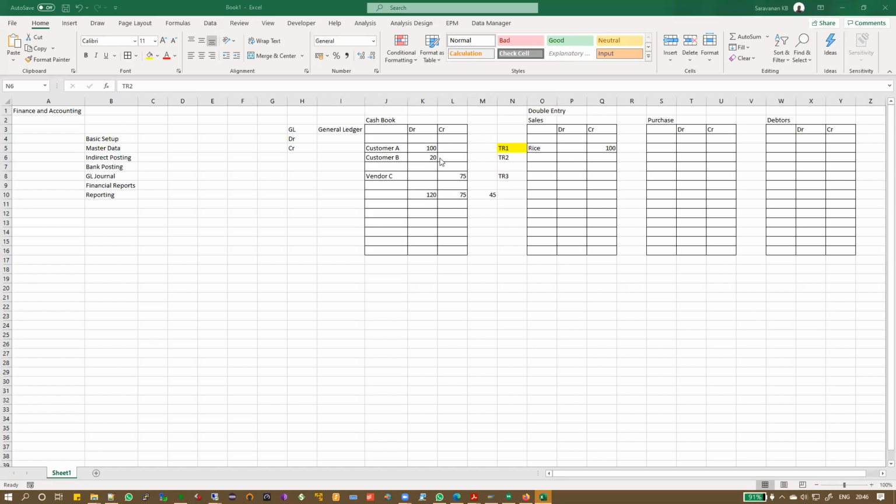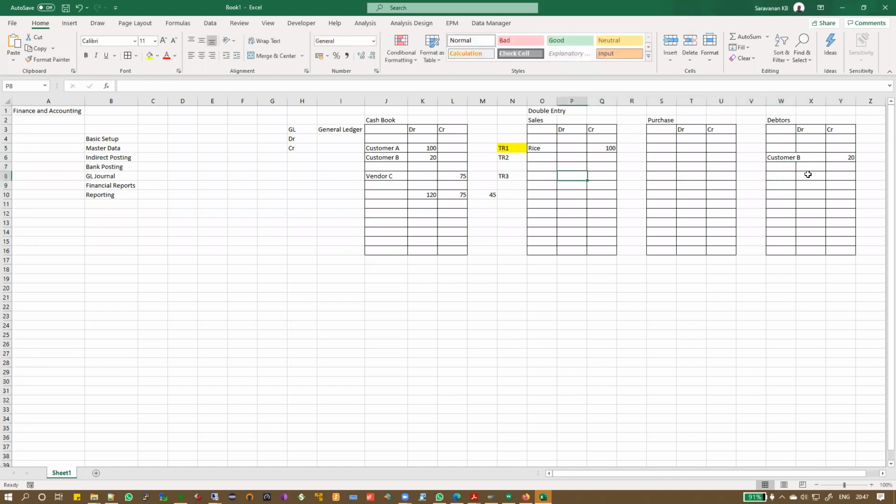So this customer just gave 20 rupees out of the goodwill of his heart. He said, I'm going to buy from you, but please keep this as an advance. That means now the shop is indebted. You are in debt to the customer because you took money from him, right? So this transaction again, yes, the customer gave 20 rupees, but that will go in the debtors book. So this will be customer B, and 20.